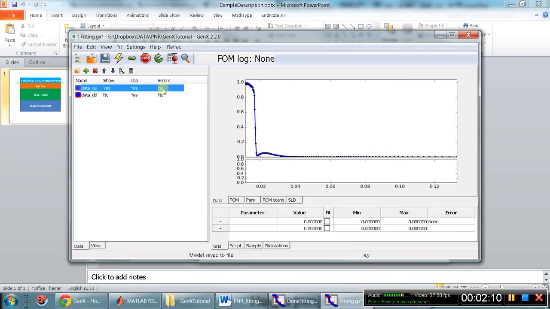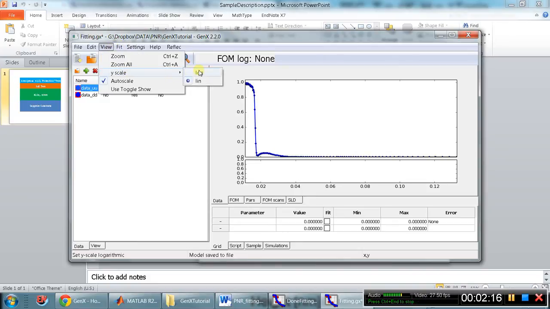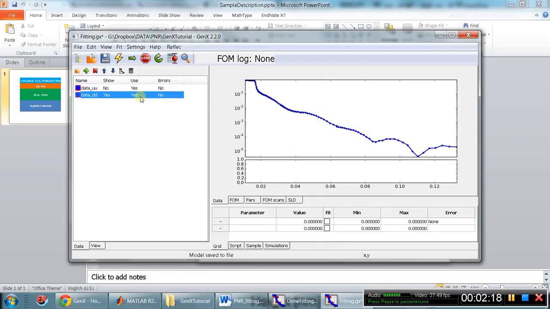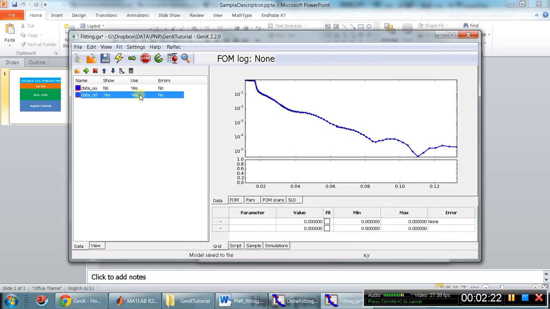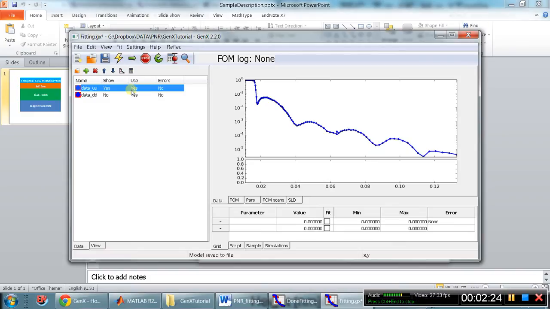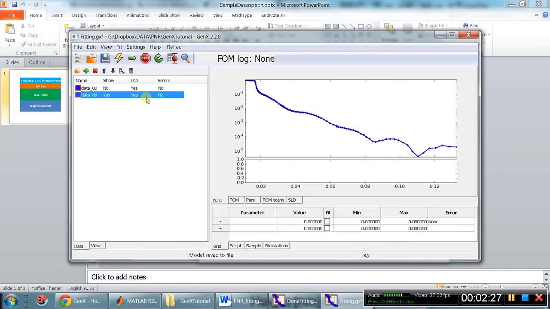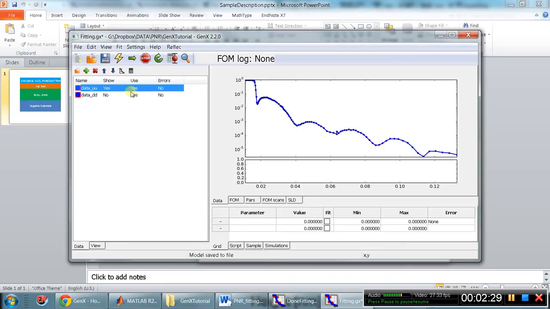Alright, this is not so easy to look at, so what we do is we change the y scale to logarithmic. Then the log scale is much easier to see. Alright, but we want to do more. Actually, we don't want them to be seen separately, so